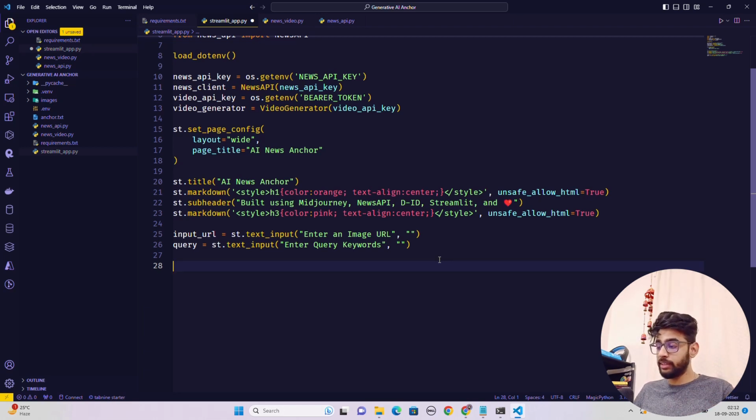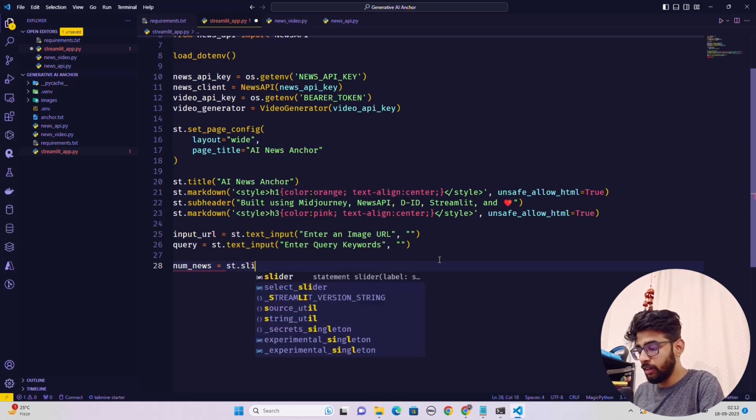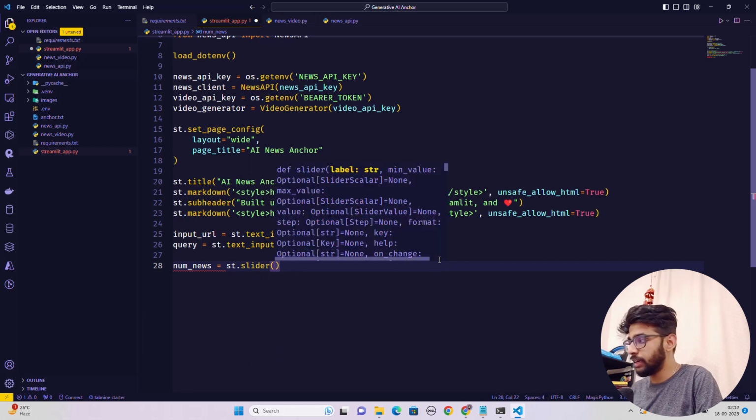Programmatically, this is how you can automate this, because it's basically going to reduce the burden and your efforts. Now we have the query here. You can see ht.text_input, enter your query. Let's have a number slider here for news. So num_news, and in this I'm going to have a slider, ht.slider, and inside this I'm going to call